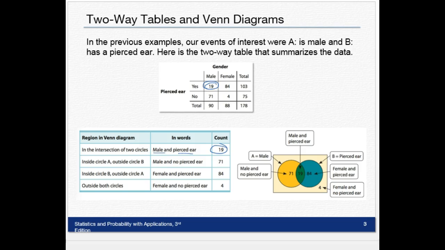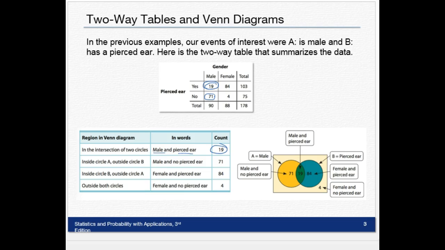Inside the A circle, which is the yellow one, but outside the B circle is the males with no pierced ears. That's the 71. So don't be fooled. 19 plus 71 gives us the 90. It's just that the 90 is not on the diagram, but it's there if you add the two pieces, 71 and